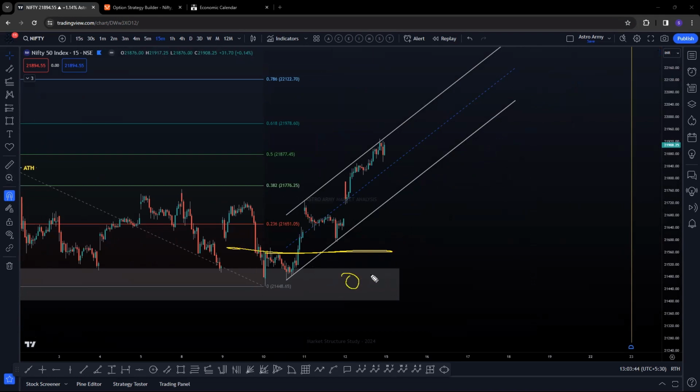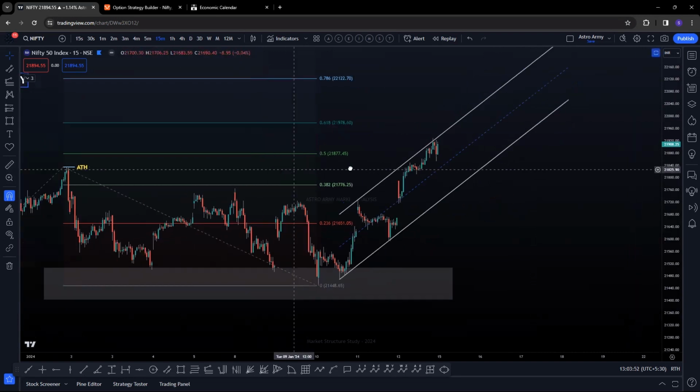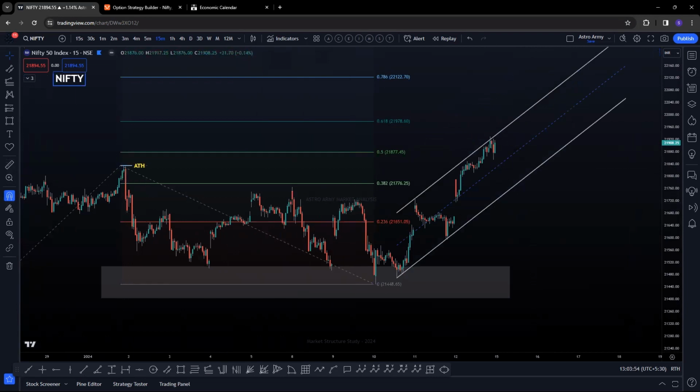Now, the question is, why option selling? Why not buying here? Very simple. This is your wave 5. Wave 5's minimum requirement is to break the wave 3 high. That's all. It has broken it. It can turn down and fall anytime. If you're in an option buying position, your risk is little, but you will make zero profit. Why? Because the entire decay will happen in your options.